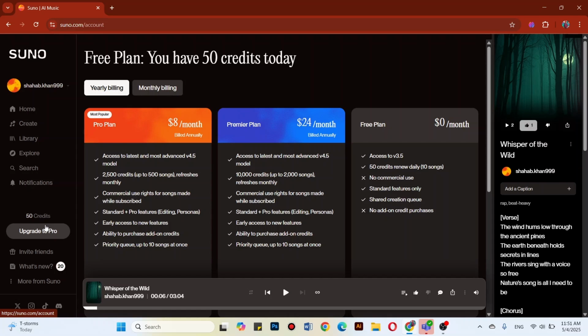Obviously it should be attractive to attract the clients, and there you can see there is a pro plan, premier plan, free plan. We are more interested in the free plan, and it gives access to 3.5, which is a model of Suno AI. They are constantly upgrading their models to better the quality. That's a good thing. Now, 50 credits renew is what you would get in the free plan. One more important thing to note is that in the free plan it's hard to download any song. You cannot download